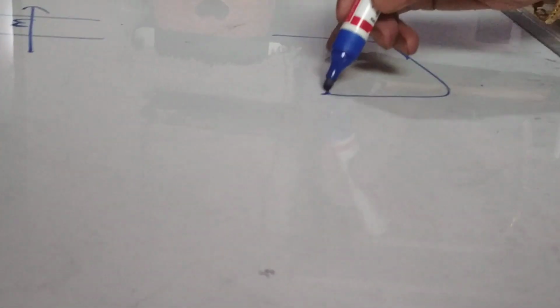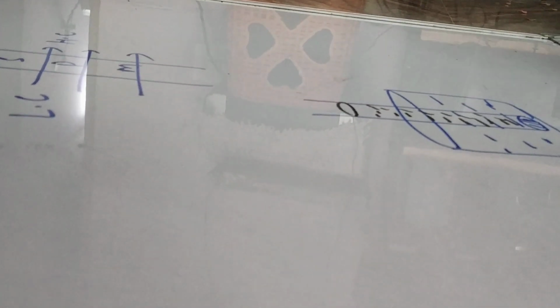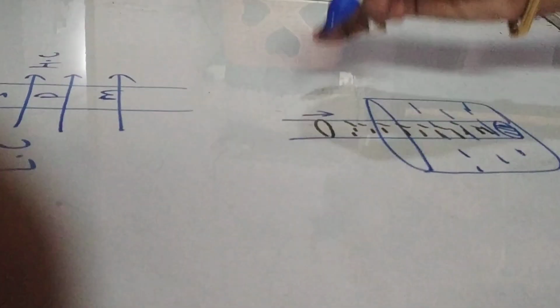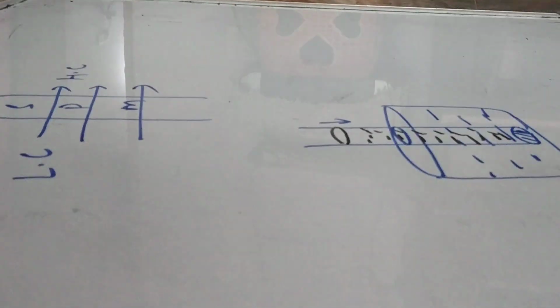For example, let's say you are taking a container here, and this container consists of some amount of sugar solution, and you are putting a glass tube here, and the bottom of the glass tube is fitted with an SPM. And let's say you are putting some amount of water here at the time t equal to 0, means initially. You can observe after some time the water moves downward, and let's say after some time it will be present here. So why is it?